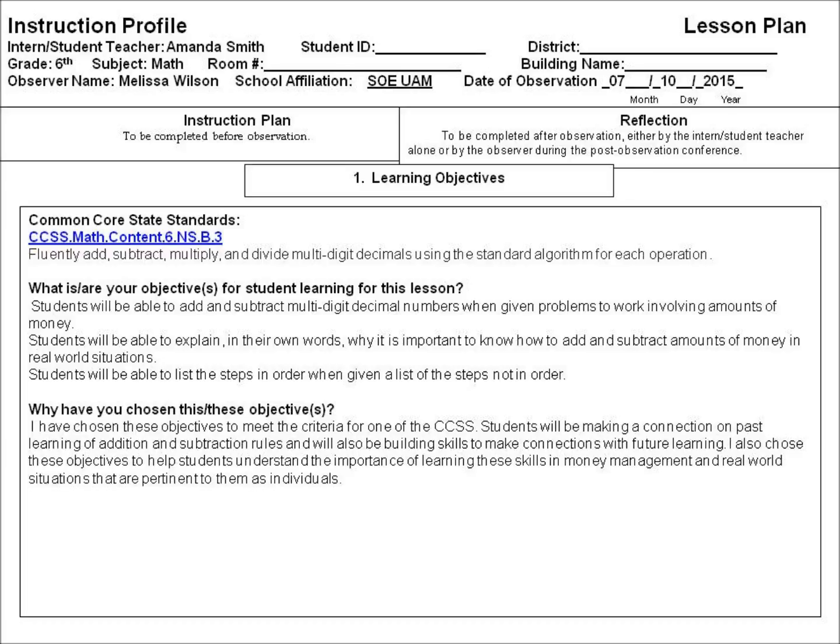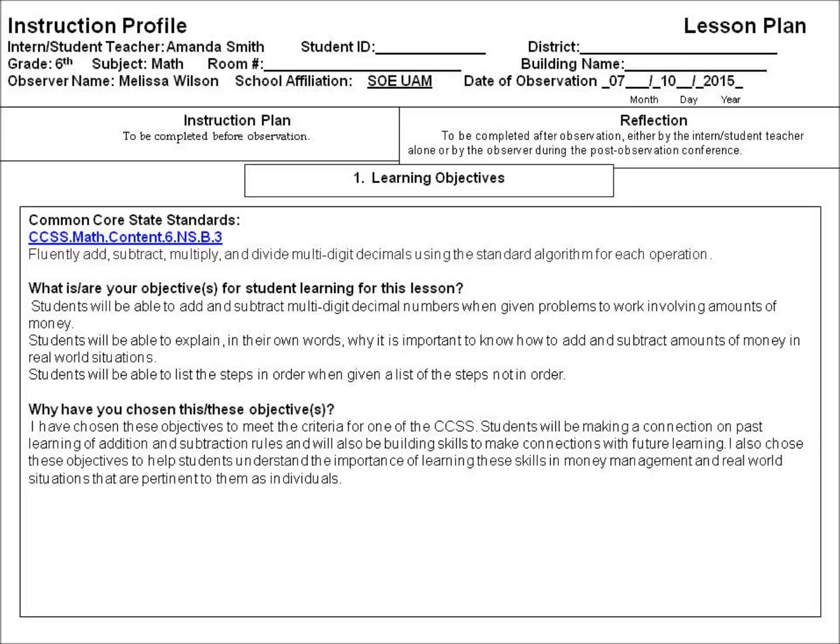Students will also be able to explain in their own words why it is important to know how to add and subtract amounts of money in real-world situations. I also want students to be able to list the steps in order when given a list of steps not in order. This will help them to know exactly what steps need to be taken when they are adding and